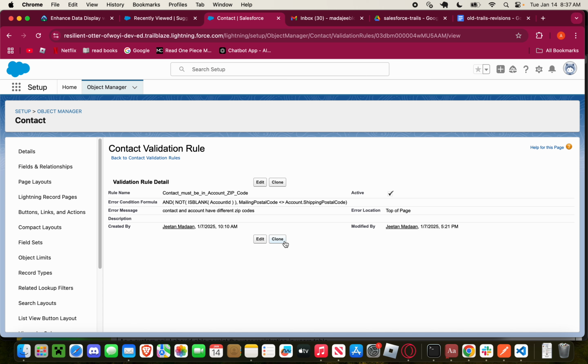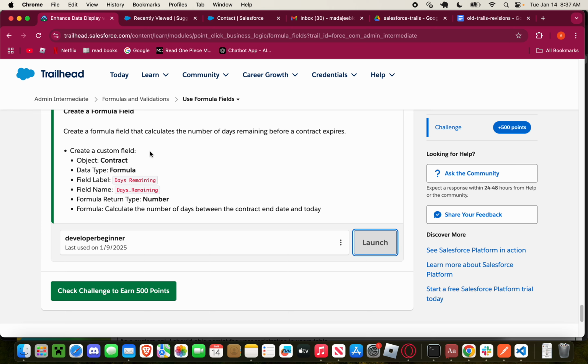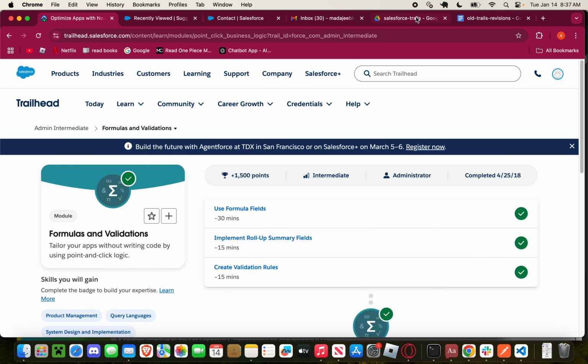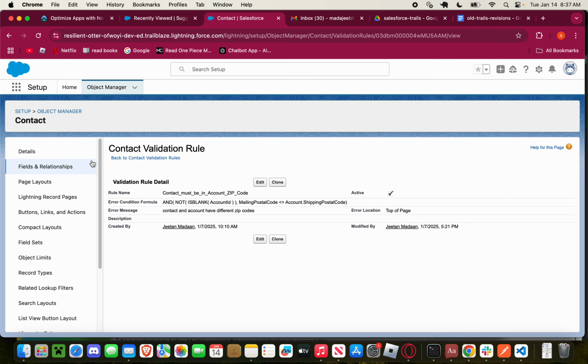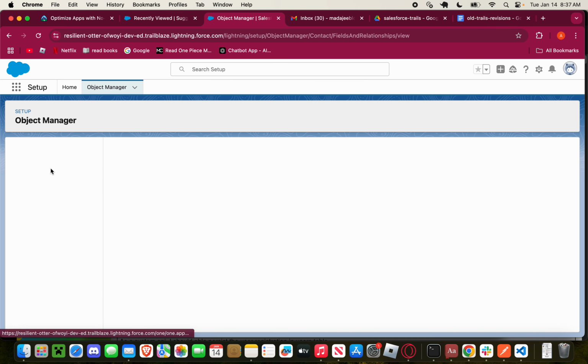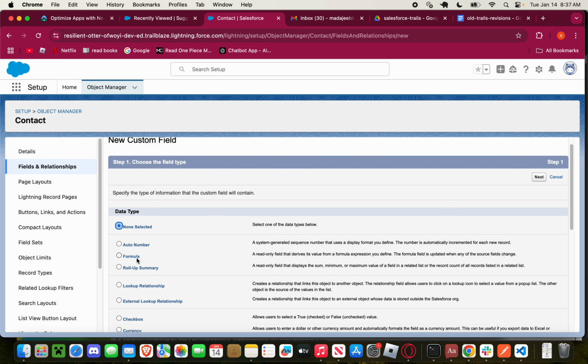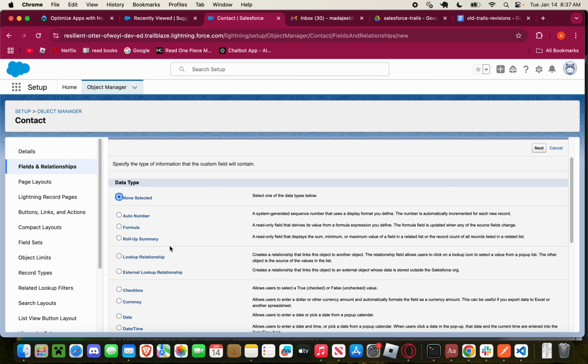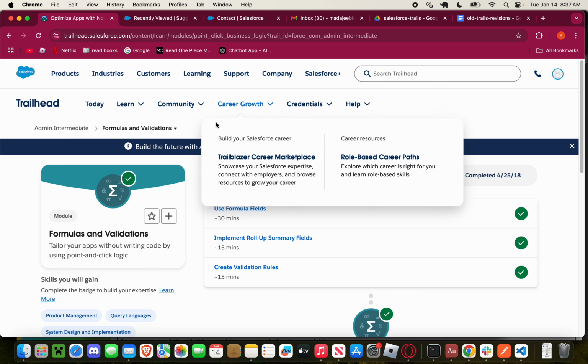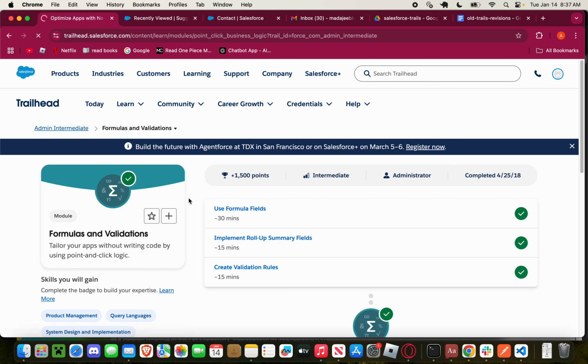So that's how we create validations. And if we go to fields and relationships, we see the data types like formula and roll-up summary, and then we have things like